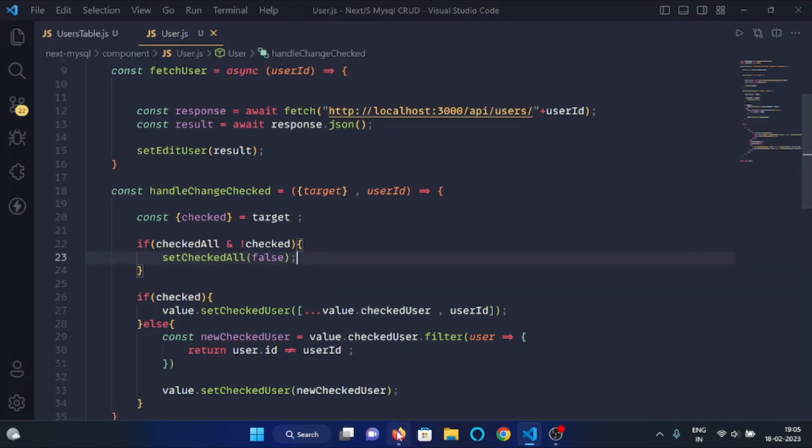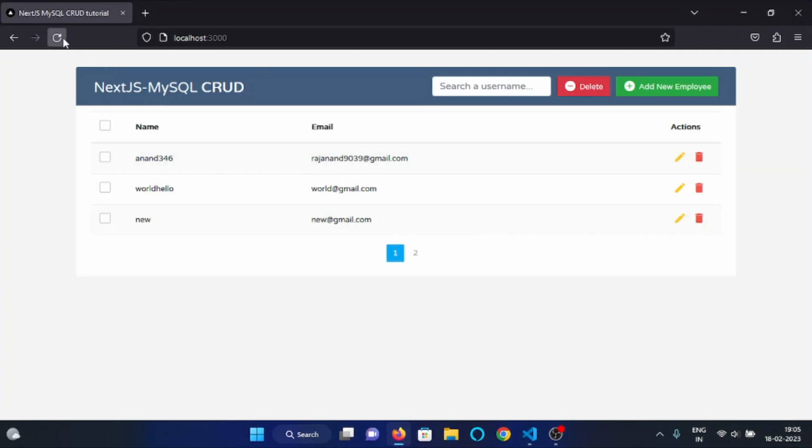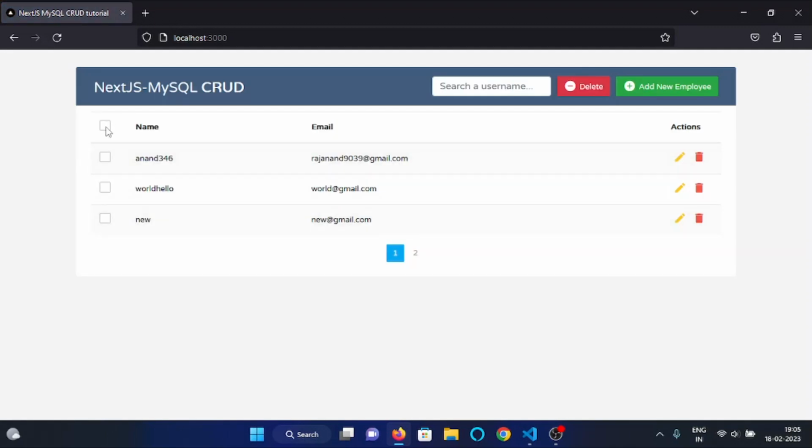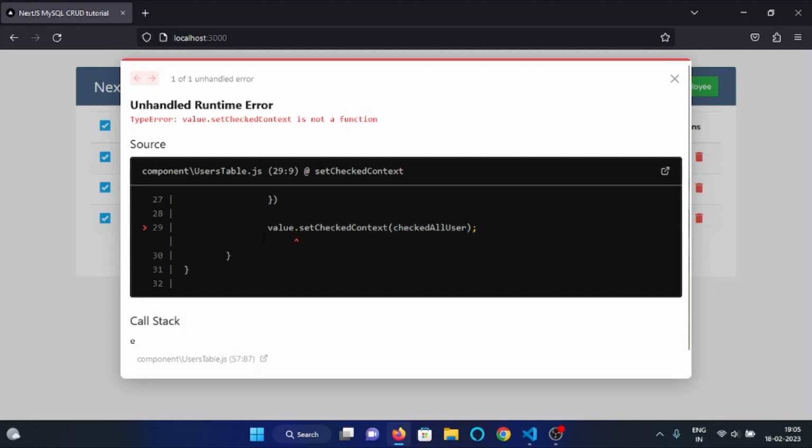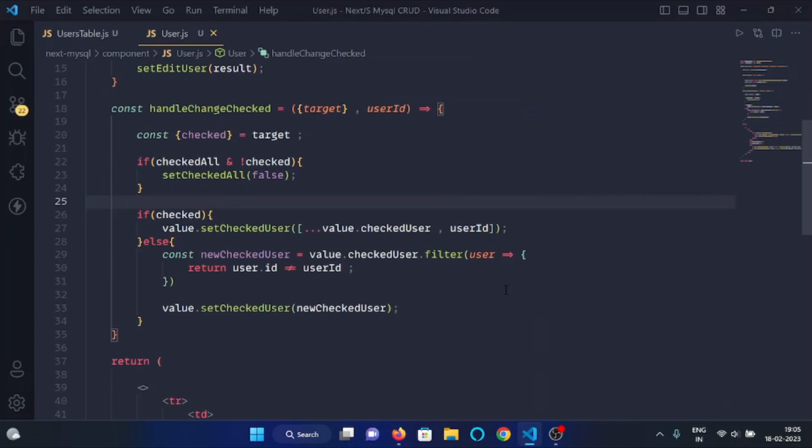Now let's see in the web application. Let's refresh the page, and when I click on this checkbox, here you can see it is showing me an error. value.setCheckedContext is not a function. Okay,